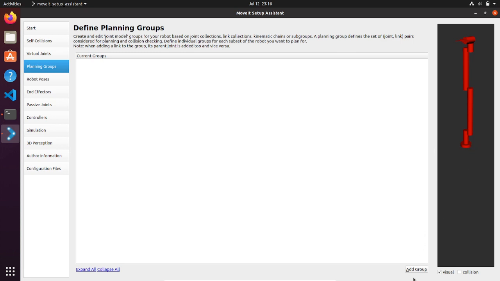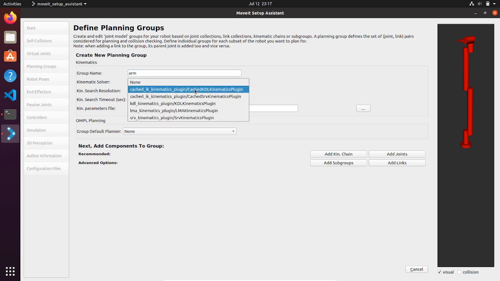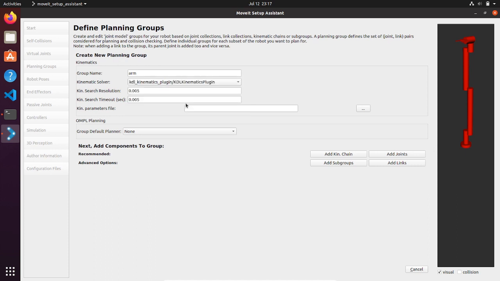So let's type add, and then we create a group that is going to be arm, okay, kinematic solver. Here there is the solver algorithm that you need to select. We can use this one, it is the standard one, I would say. Just keep this data, and then we can select the